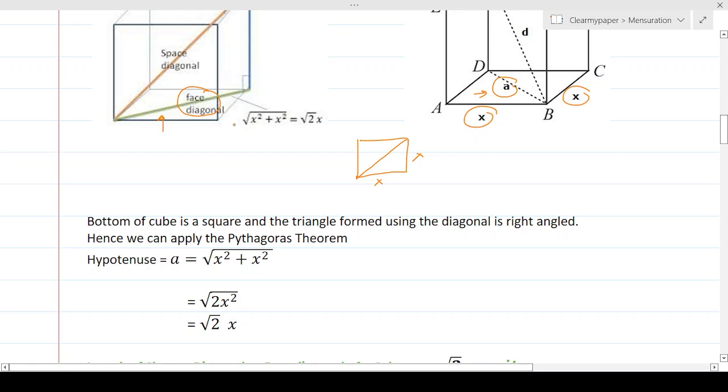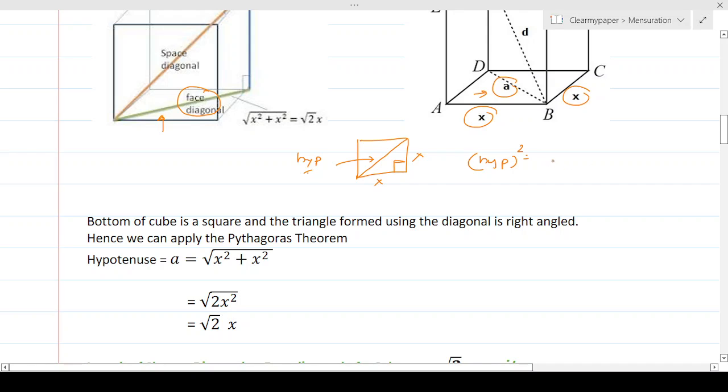And we know that all the angles are going to be at right angles. We saw that in the beginning because it's a square, this is going to be a right angle. So we know that this forms a Pythagoras theorem, and this becomes the hypotenuse of the Pythagoras triangle, right? So it's going to be simple: we're going to take the hypotenuse square. We know the Pythagoras theorem. Hypotenuse square is equal to